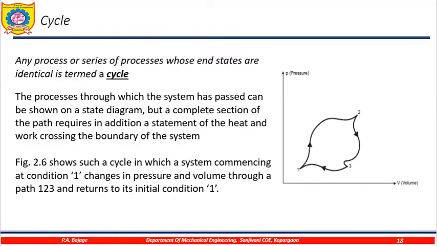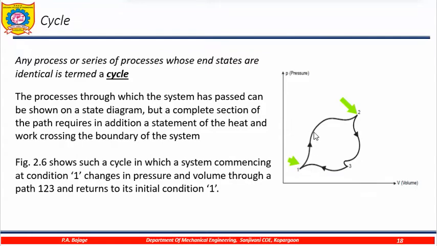So, the first topic we will discuss in this video is the cycle. Now, what is a cycle? In the previous video, if you can recall, we have studied what is a state, what is the path function and what is a process. So, a combination of all these things. If you see in this diagram, point 1 is state 1 and point 2 is state 2. 1 to 2 is the path and 1 to 2 is the process 1 to 2.